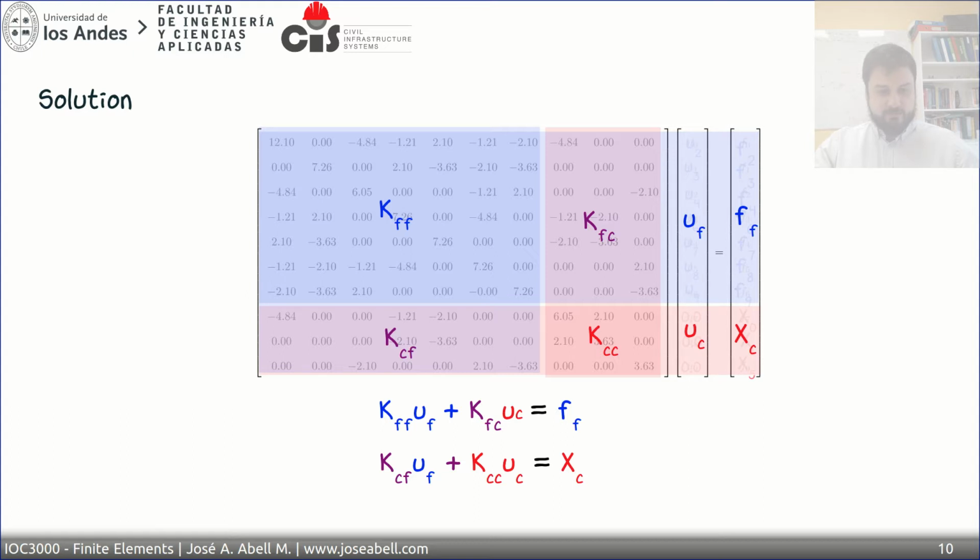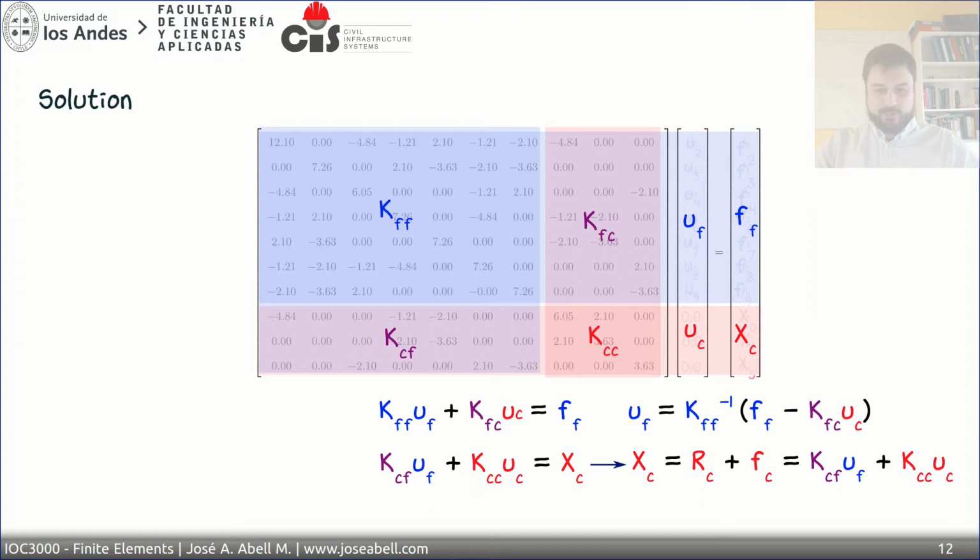On this side we have unknown forces, and on this side we have unknown degrees of freedom. So once we do that partitioning, from the first equation we can get the values of the unknown degrees of freedom by inverting this matrix. This is a fully invertible matrix, whereas the full matrix before was not invertible. We just do this product where we have the known degrees of freedom times the Kfc matrix, and we come up with equivalent forces on the right-hand side. And after we're done with that,